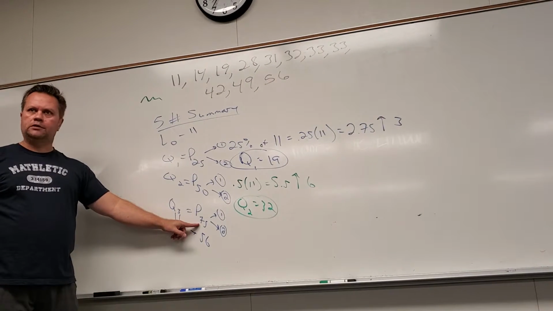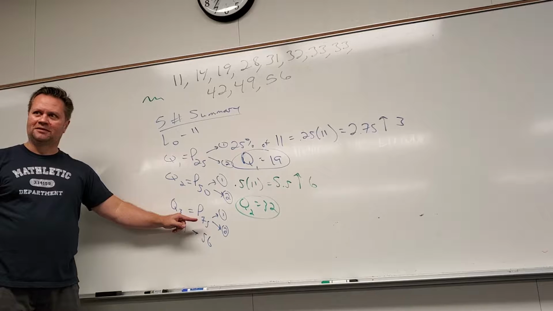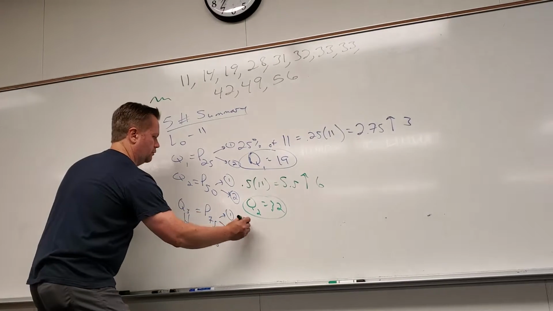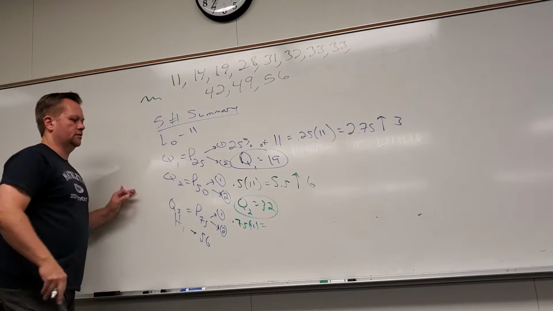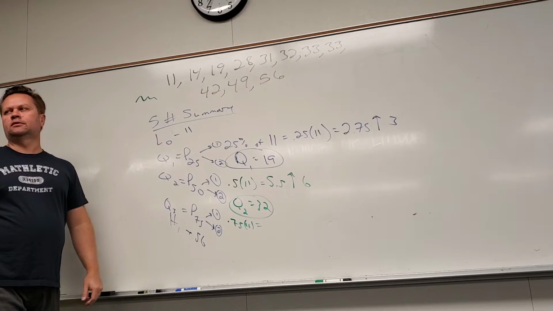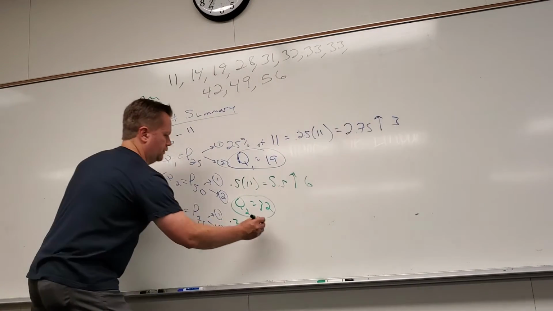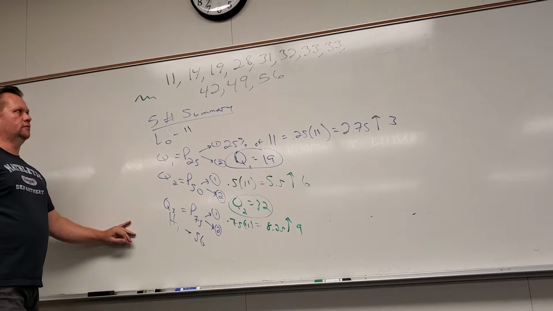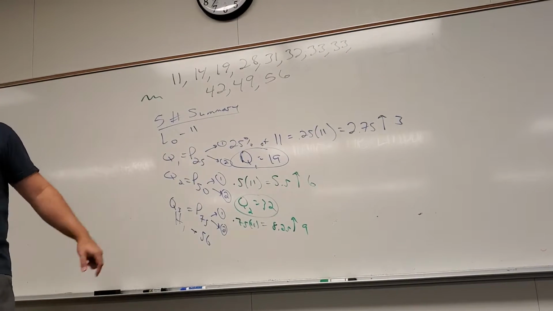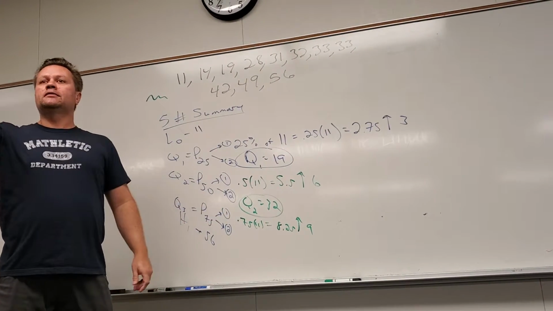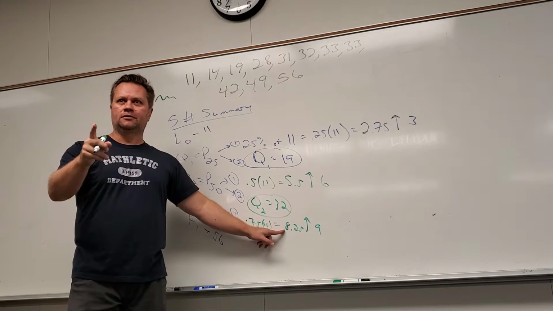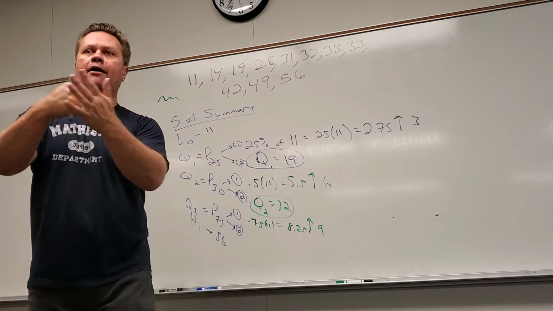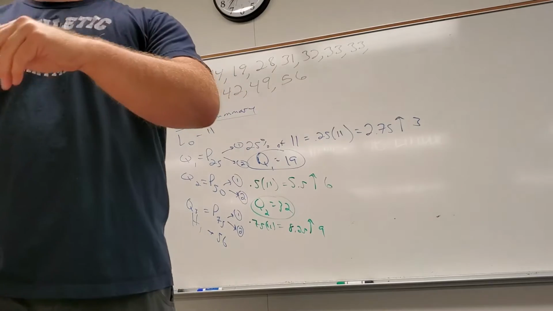All right, the long way to do this one is to take 75% of 11. I think I threw you off when I said the long way. I'll show you a shortcut in a minute. 75% of 11 is 8.25, and you round it up to 9. So are you always going to round it up? Only if the result of this step is a decimal. If this would have been 8, I would have averaged the 8th and the 9th numbers. So if it's a whole number, you average that one with the next. Anything else, you round up and take that number.